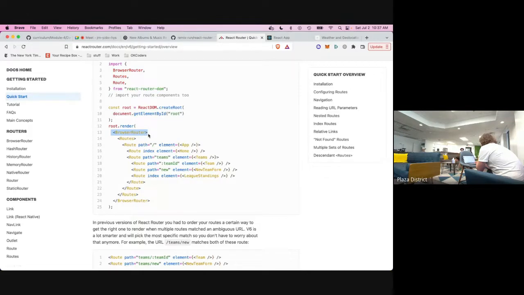Sitemap type stuff. I don't know if I know that term. A sitemap is like the pages of a website and how they relate to each other, like title pages. Not like this. This is the navigational structure. This right here, this Route piece, yes. Okay. Yes. Yeah, so what this is saying is,